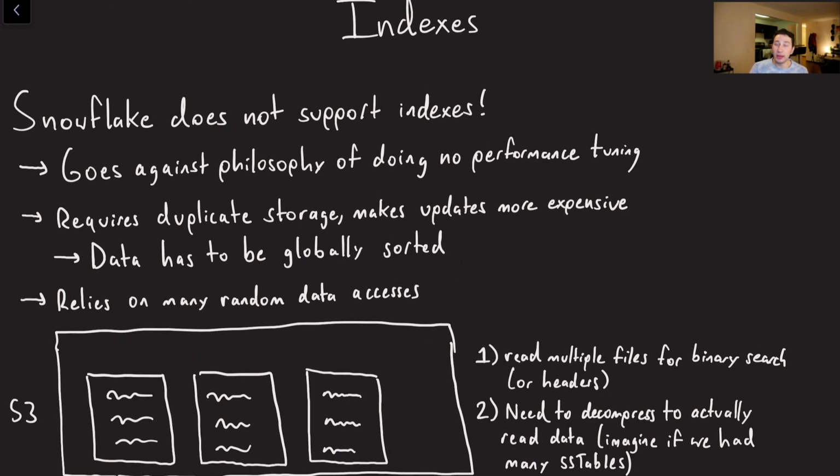Indexes. Now, this is a very interesting part of the database that I found interesting, right? Because if you think about our Bigtable paper, for example, everything is globally sorted by some sort of key. On the contrary, Snowflake is like absolutely not, no indexes whatsoever. A couple of reasons for doing that, right? So for one, as a general kind of dogma or philosophy behind Snowflake, they don't want to do any performance tuning. And technically, an index, even though it's not so hard to just go and click make index on some field, that is performance tuning, right?